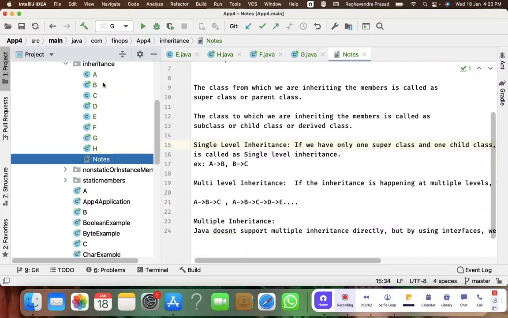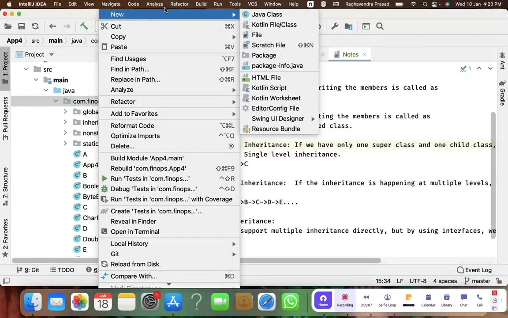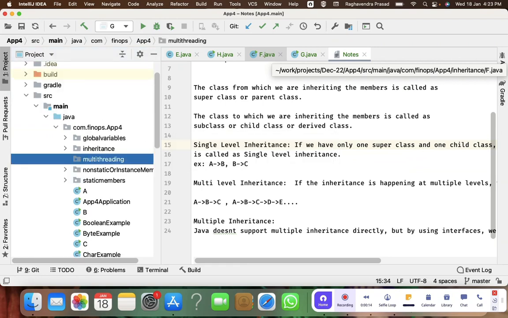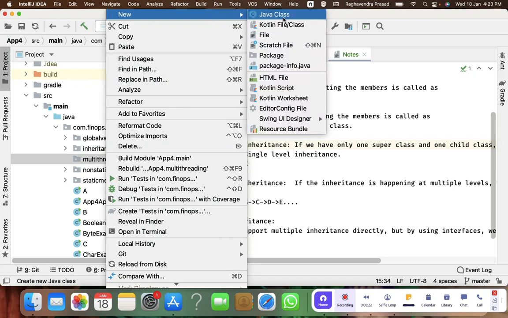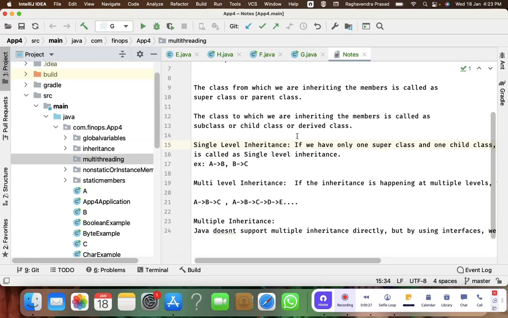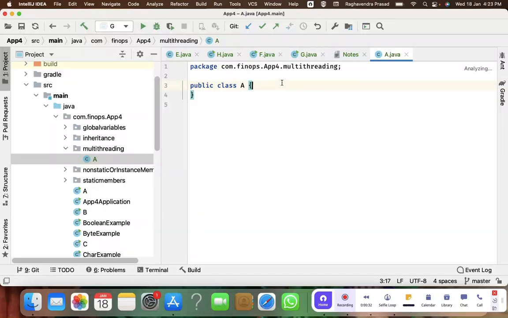So we'll talk about multi-threading. I'm going to create a new package for multi-threading. I'm going to create a first class A. Okay. And then I'm going to write one simple